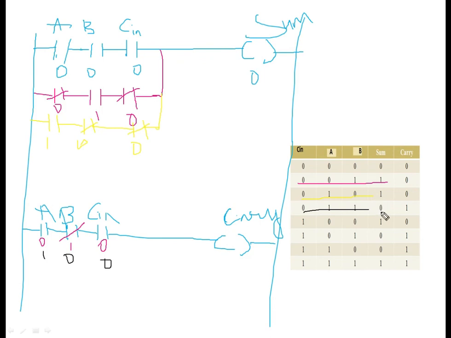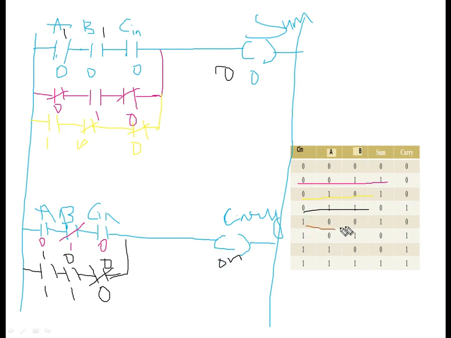1 1, your sum is 0 and carry is 1. Your sum is 0. 1 1 means you can make this circuit as 1 1, then your sum is 0 and your carry is 1. Carry is 1 means you have to implement the circuit. When you are pressing 1 1, A is 1 and B is 1, and carry is in default condition. You are not taking any carry, so here that indicates 0. Once A is 1, B is 1 and C is 0, you are getting the carry in on condition, means 1.